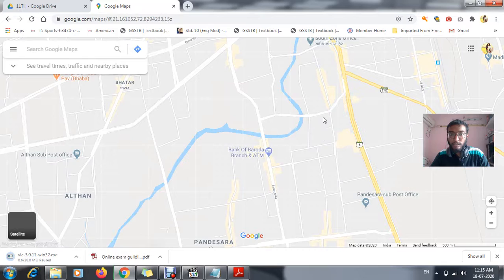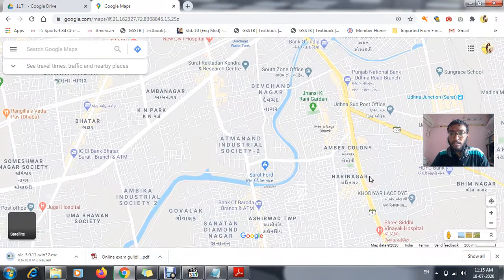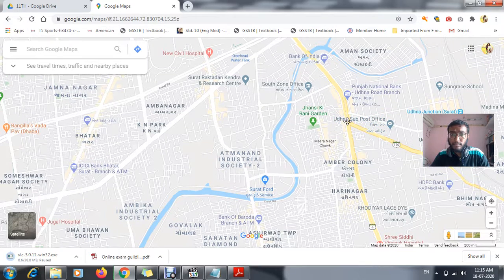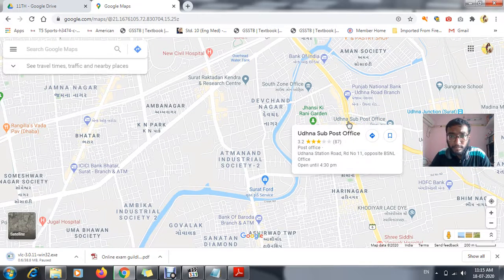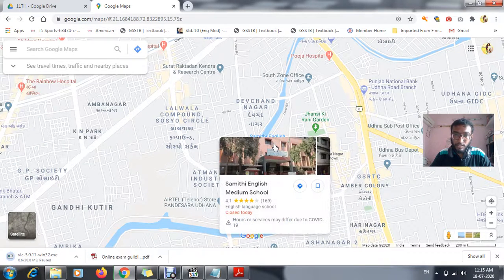See, this is our school, Samadhi English Medium School. Can you see?